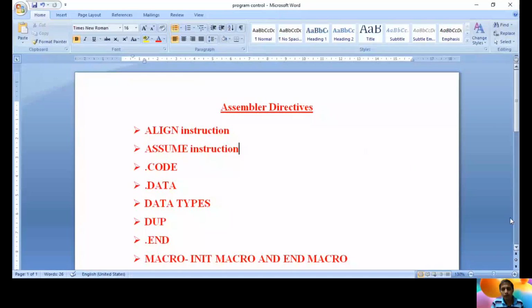Generally, we already learned many instructions like addition, subtraction, multiplication, which all come under arithmetic, various logical instructions, processor control instructions, and many other instructions. All those instructions are essential from the processor's point of view. But there are some instructions which do not belong to the processor instruction set. Those instructions are related to the linker, loader, and assembler. They are called assembler directives.